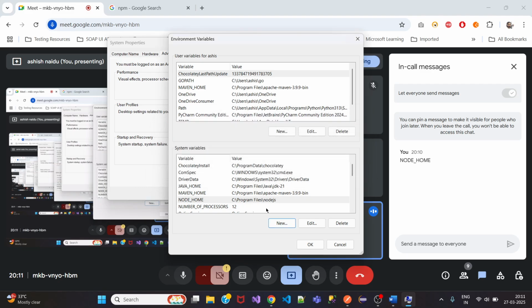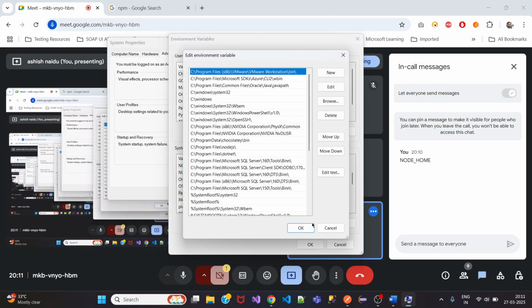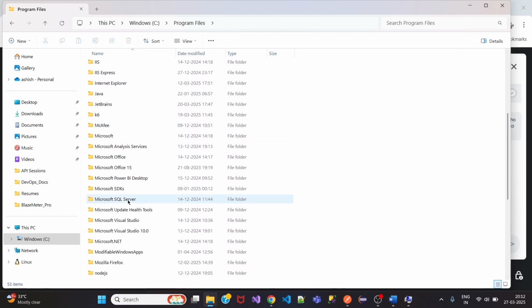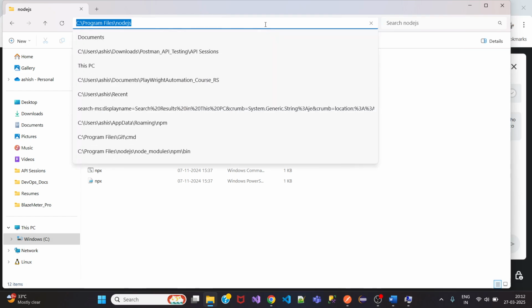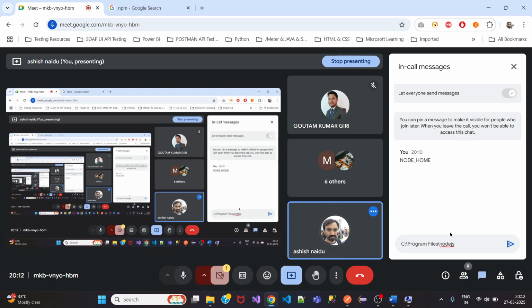Once this is done, scroll very slowly and you will find Path. The variable will be Path. Select that, click on the edit button, and put in the same value, with a backslash. Now here, if I copy this from Program Files and paste it in here,